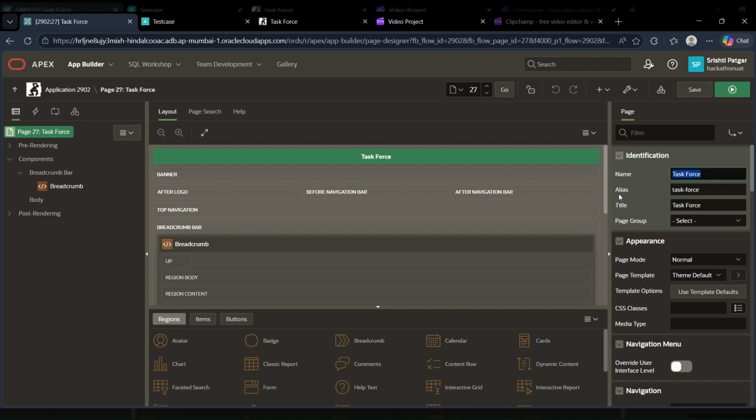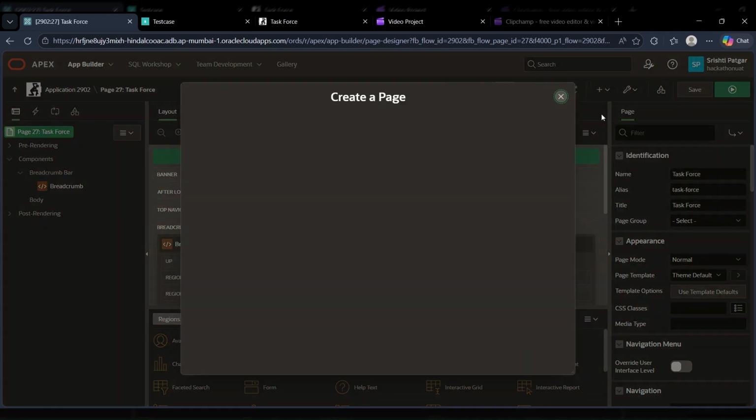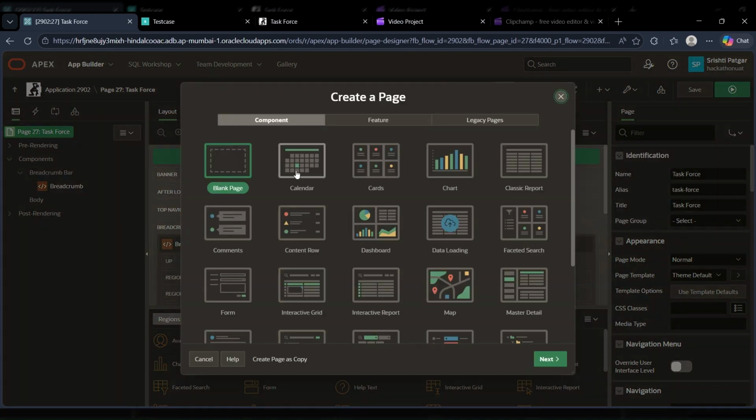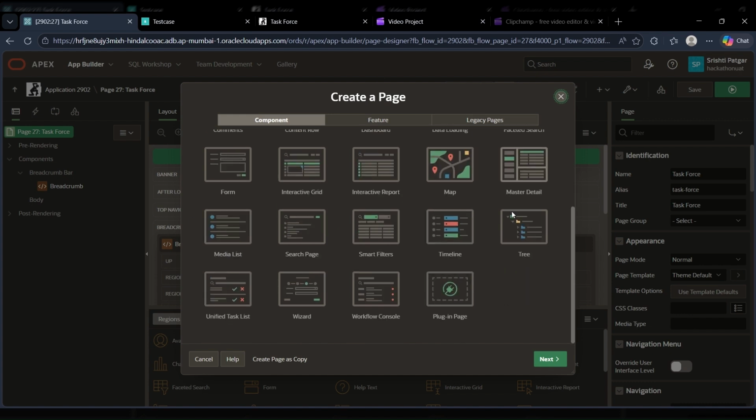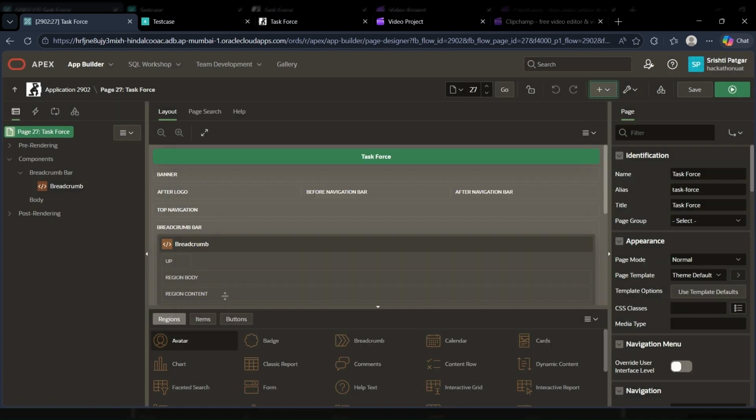I've named it Task Force. It gives Elia's name by itself. You can name the title, and this is basically a page. There are different kinds of pages you can create. For example, if you click on Create New Page, you can create a calendar or a card or a kind of chart, or you can load your data, you can integrate it with maps, you can form a kind of report and integrate it with grids or create a form. There are various kinds of pages that you can create. They come inbuilt. So the best part about Oracle APEX is you don't have to sit and code everything. It is a low code platform, and hence you can work without knowing anything about coding.